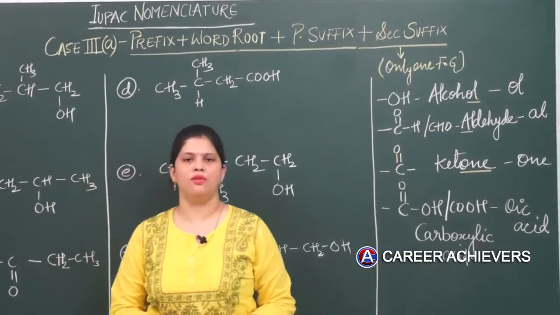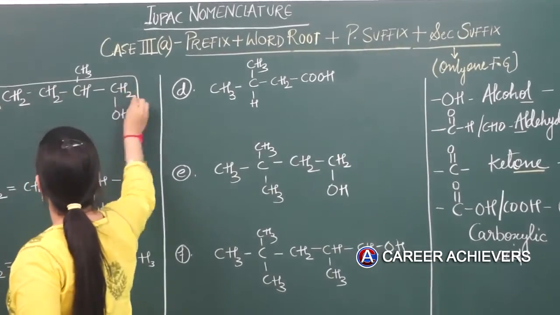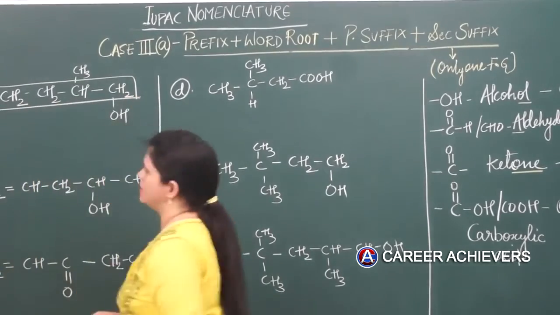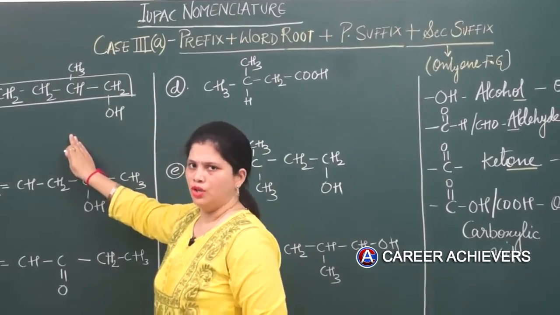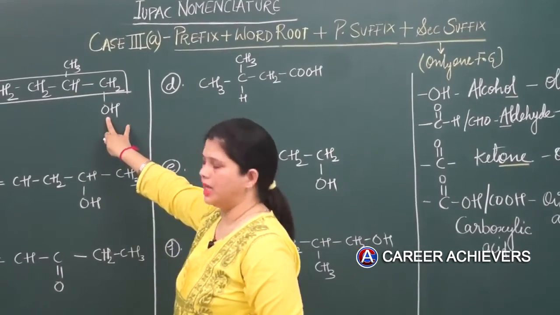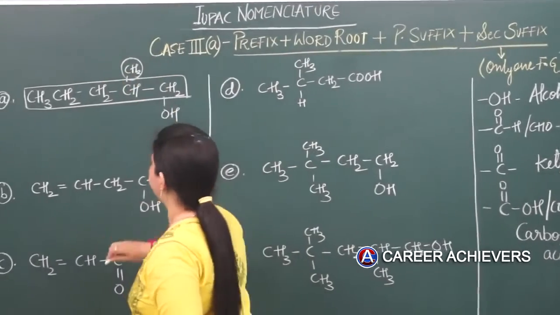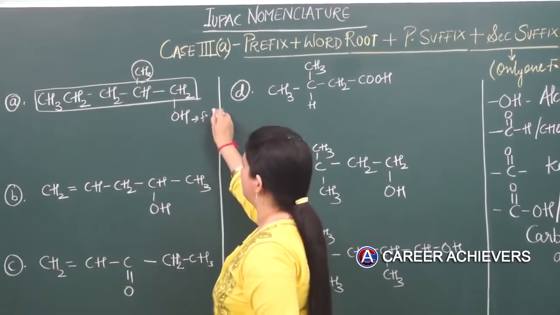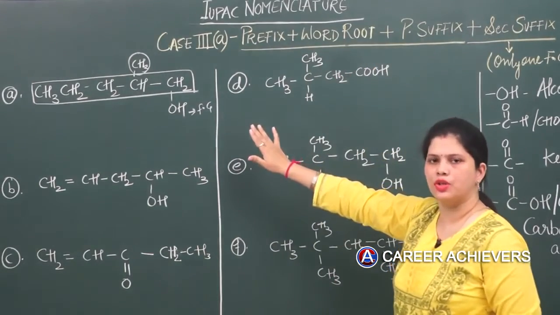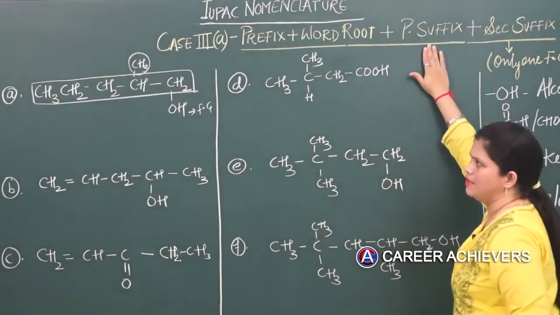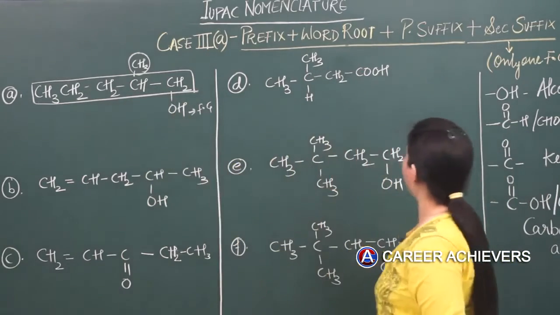The further rules which we have already discussed, you very well know. The very first rule is to select the longest carbon chain. It has to be a continuous chain. So this is our longest carbon chain. How many carbons does it contain? 5 in total. You can see that this is not coming in the chain and this CH3 is not coming in the chain. So this is our prefix and this is our functional group. It means in this molecule we have everything. We have the word root, which corresponds to the number of carbon atoms, and we have the primary suffix as the single bond, since everywhere a single bond is there.